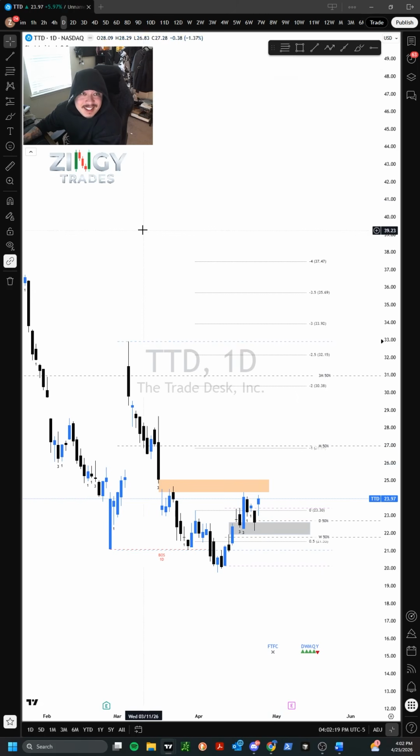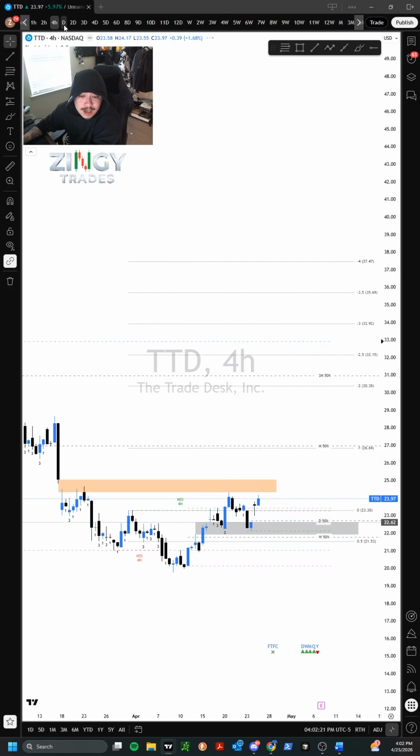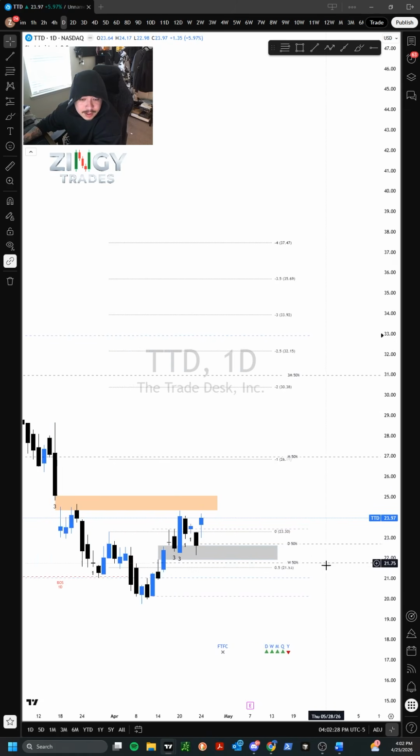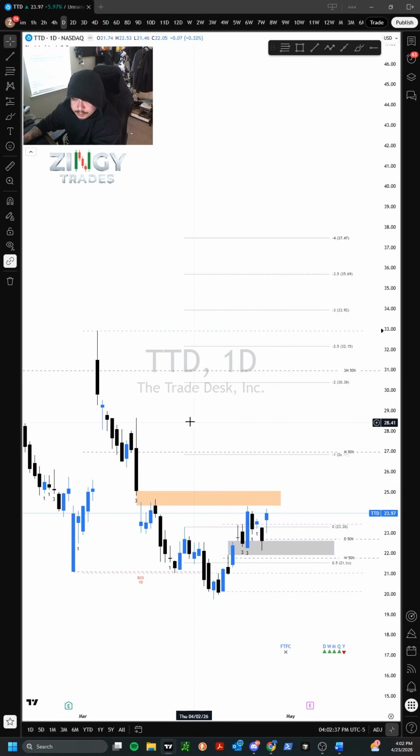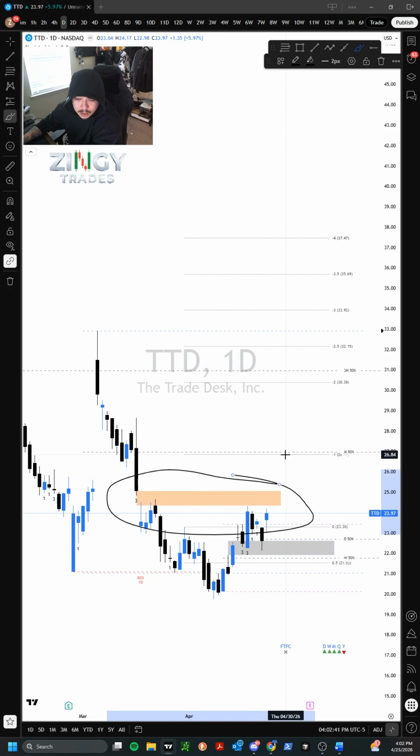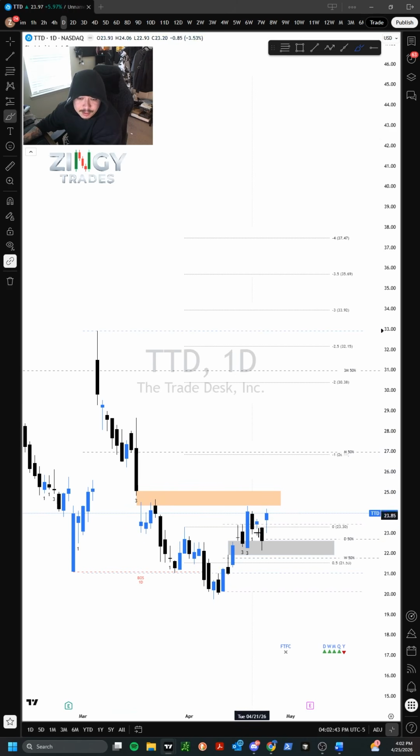Next up on the list is TTD, and that is derived off the 4-hour and the daily. We've had the MSS on the 4-hour, and we gapped up on Friday. This is one I've been keeping a watchful eye on because I wanted to see how we'd react off the fair value gap. And you can see we wicked off of it, and then we gapped up and we closed as a hammer on the day Friday. One thing to bear in mind with TTD is that we do still have an open gap above us, but I do like how price reacted off that fair value gap, and if we continue to build over this, I would like to see it trade higher.